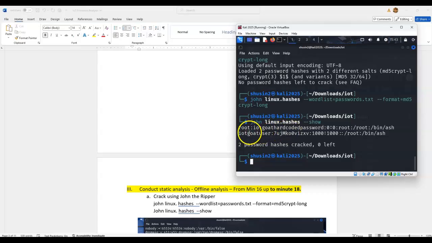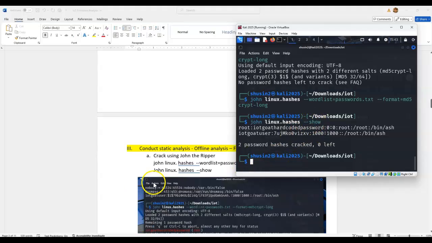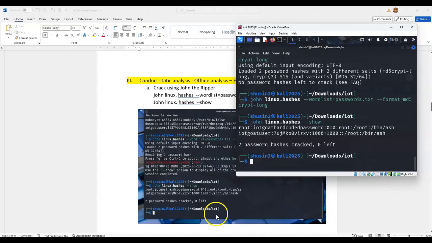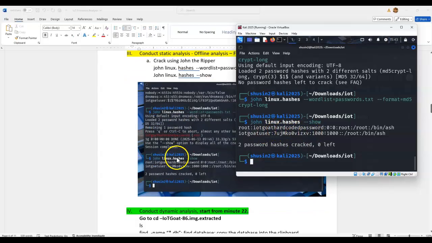Root IoT got the hard code password, so we able to hack this one right now, right? So let me see what's the next one. So we have this password, IoT GOAT hard-coded password.